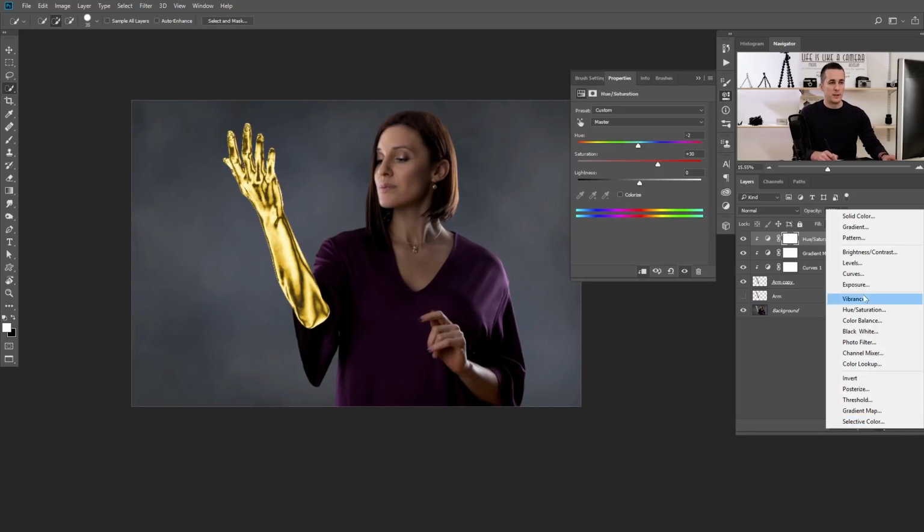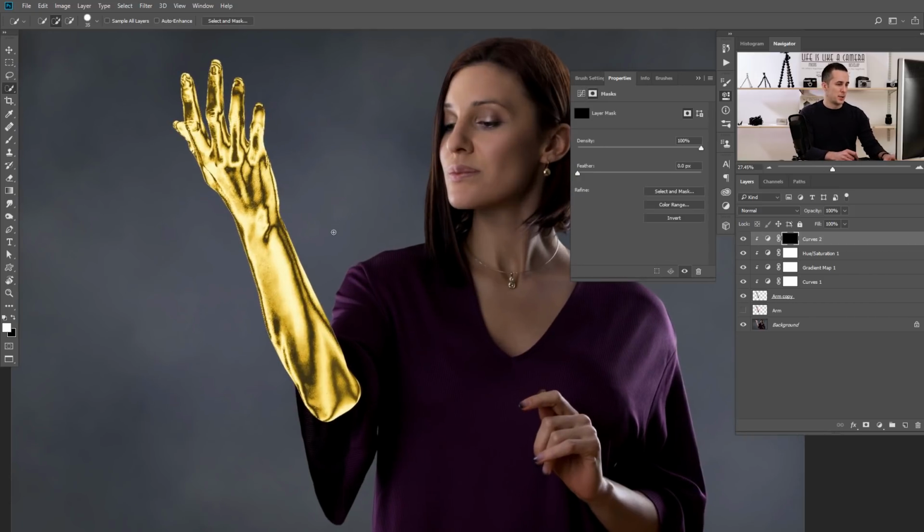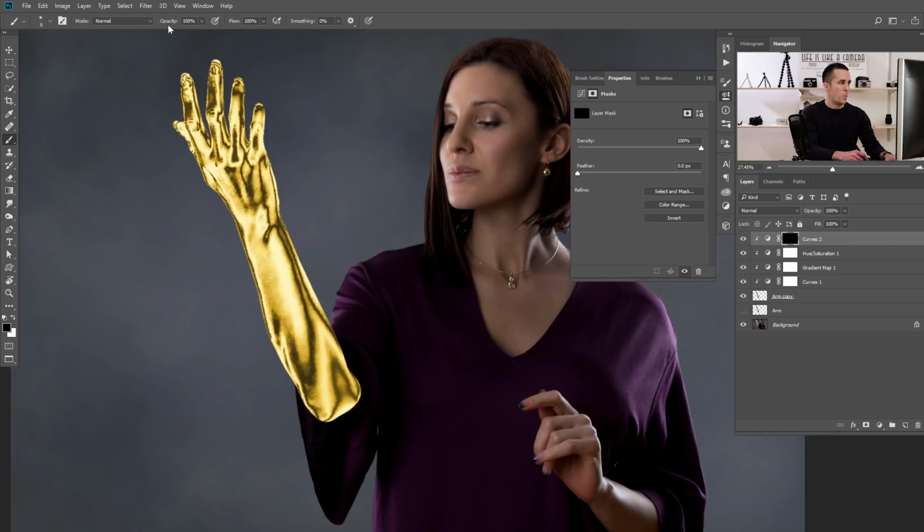And I will add another adjustment layer to be curves again, clip it here and make it brighter, like so, and then I will invert it. And I will use a brush, really soft one, and I will use maybe 40% opacity and white color, make it bigger, and I will just paint some whites, like some reflections here and there. This is personal preference, you can paint this wherever you want and just play, experiment, see where it suits the best, and